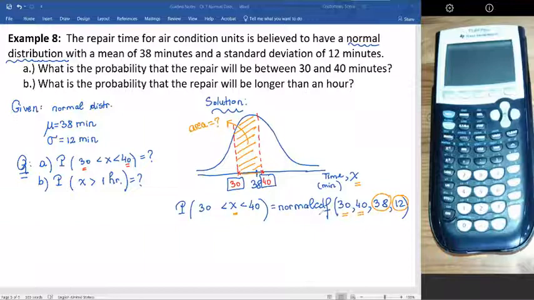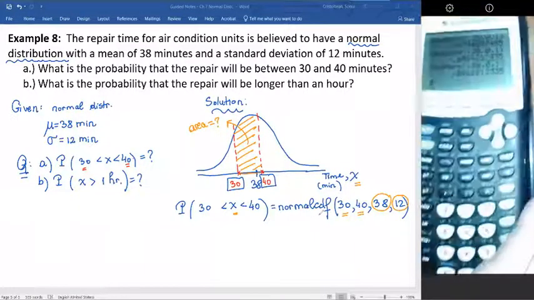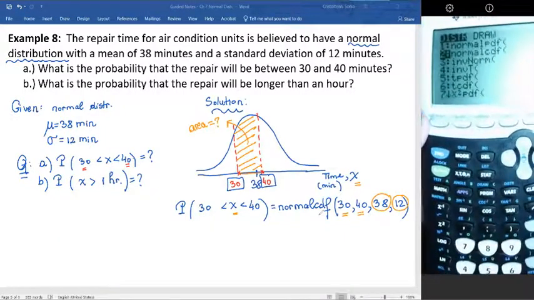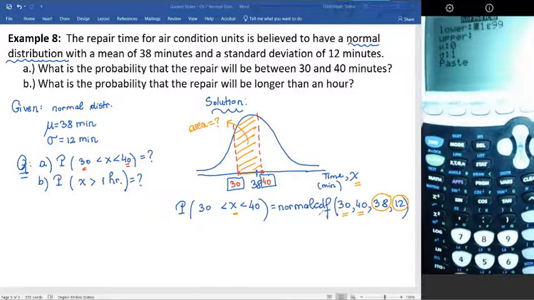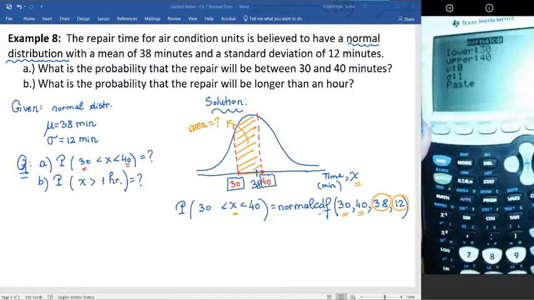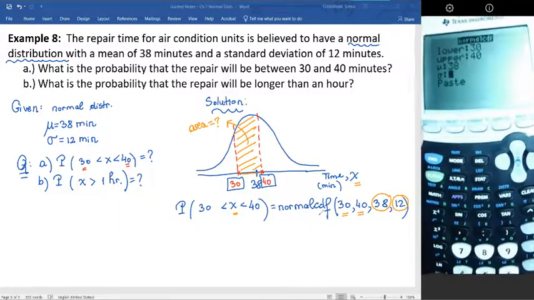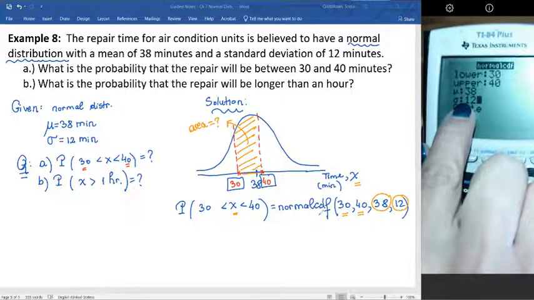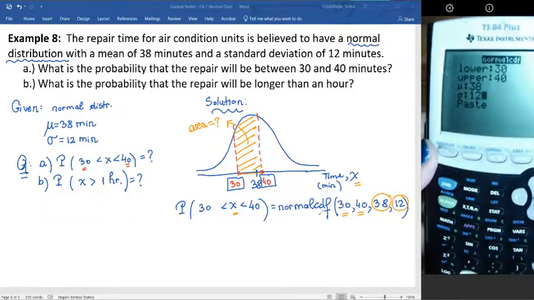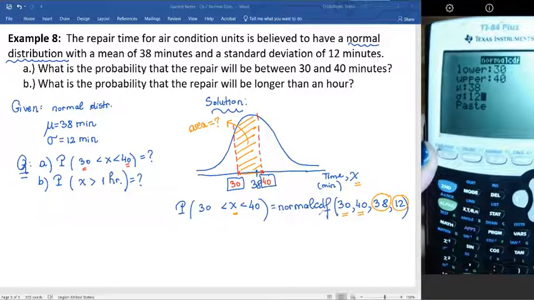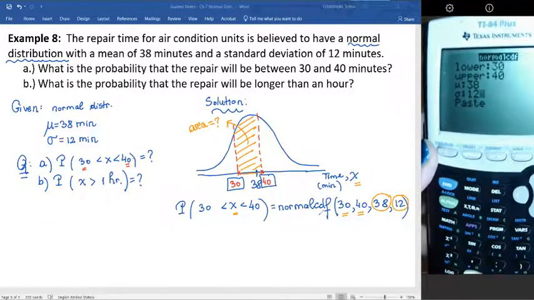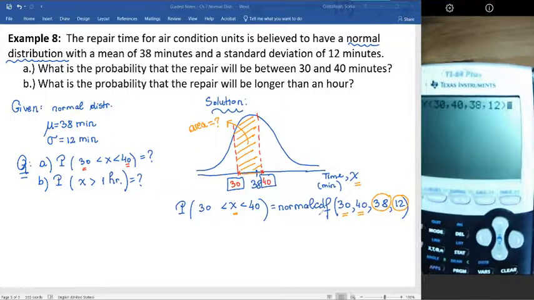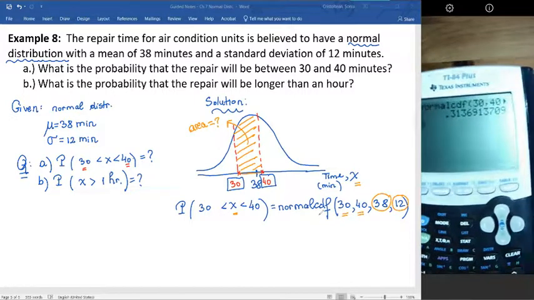So let's take the calculator. Here is the calculator. I will go to distributions, second bars, normal CDF, hit enter. I'll just simply say 30, hit enter to 40. Now the mean is 38 and the standard deviation is 12. So this is the difference between what we showed in the previous video, where there were problems related to the standard normal distribution, and this video where the problems are related to applications to any normal distribution. So this is how the screen looks like. This is the information, hit enter, and the area is